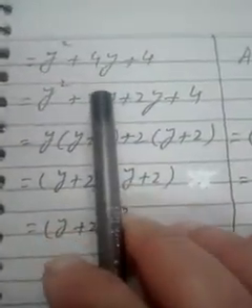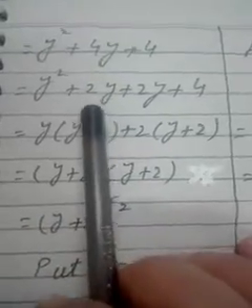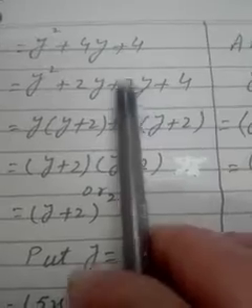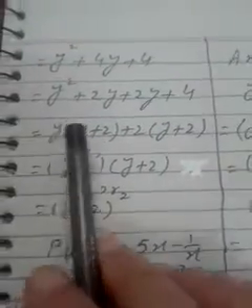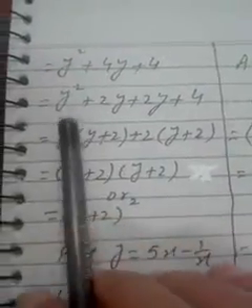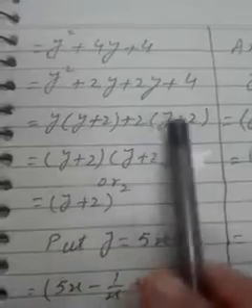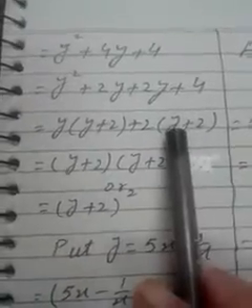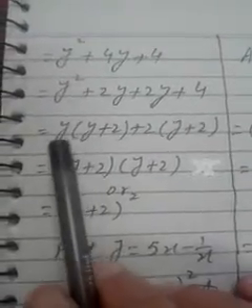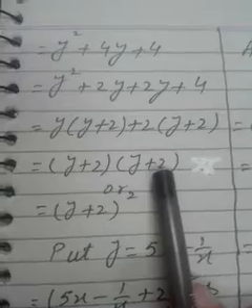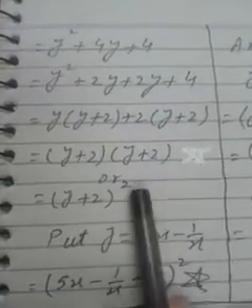Now break the middle term. The mid-term break will be y square plus 2y and plus 2y plus 4 as it is. Now there are 4 terms. Take common from the first two terms and take common from the second two terms, and y plus 2 will be common in both terms. Take common y plus 2, and from the first term y will be left, and from the second term 2 will be left. Now these two factors are the same, y plus 2 into y plus 2, we can write it as y plus 2 whole square.